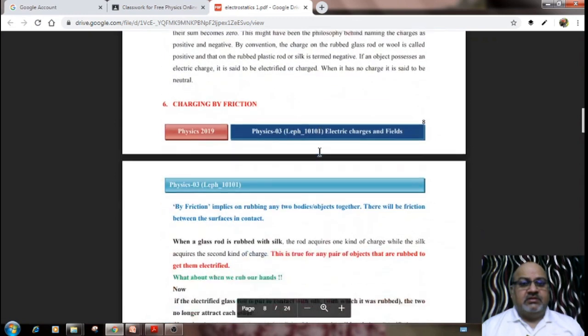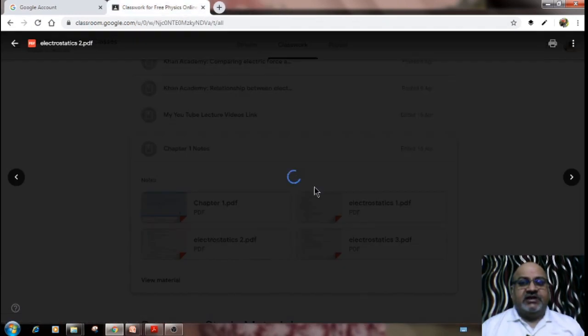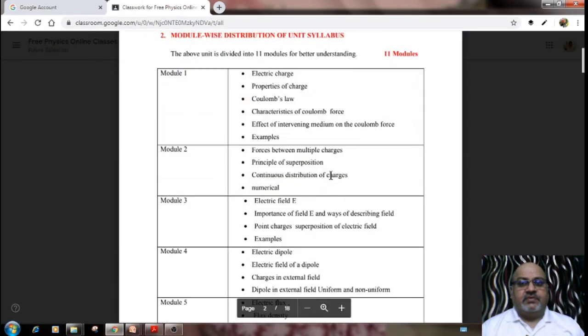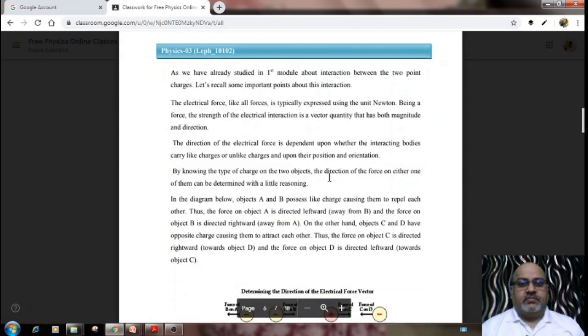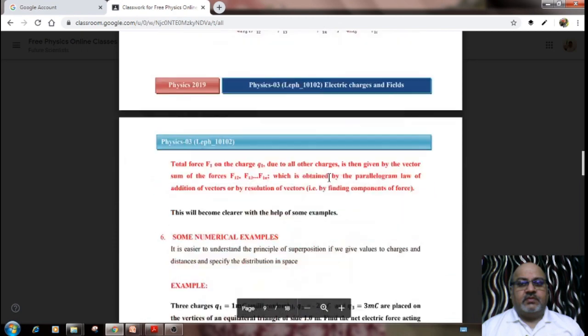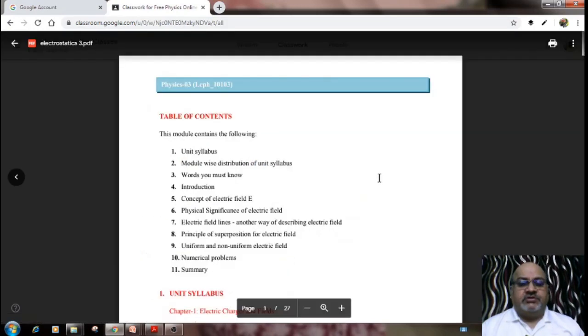See all. This is the first copy of the notes. This is the second copy of the notes. This is the third copy of notes.